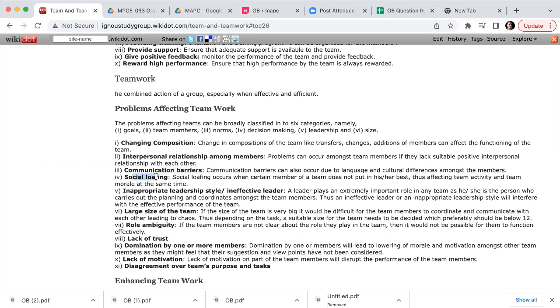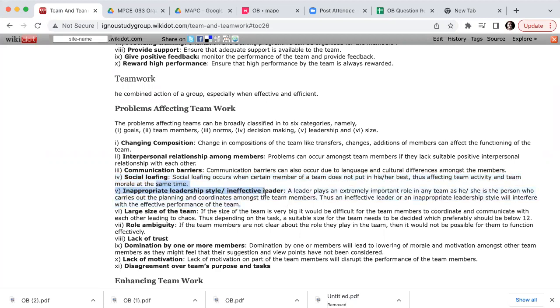What is social loafing? Basically, you are not trying to put in your best. You're trying to escape certain things, right? So Shrival is the best person to answer what is social loafing. Our project topic is social loafing. She did some analysis on how social loafing works and what is the relationship between this fourth point and fifth point. Basically, leadership style and social loafing are the things that she connected.